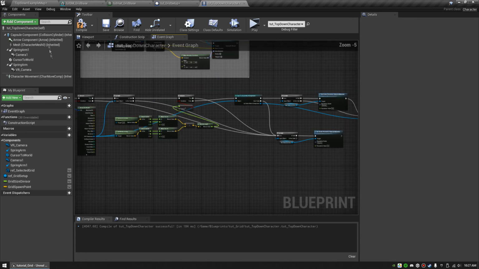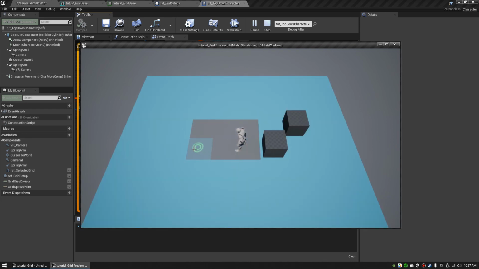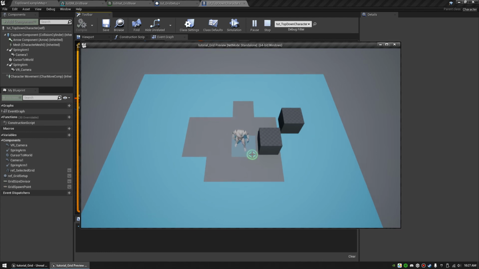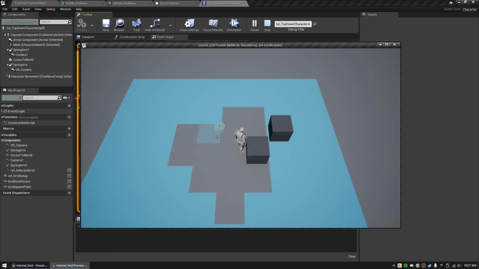If it is not beyond our range, we want to set our new grid and set that as being visible. So we'll compile, play. Now when we spawn it, you'll see that I can access up to 2 grid pieces away, but I can't go any further than that. Depending on where the character actually is inside a particular grid piece, you might be able to access a little bit more. So it can take a bit of tweaking,